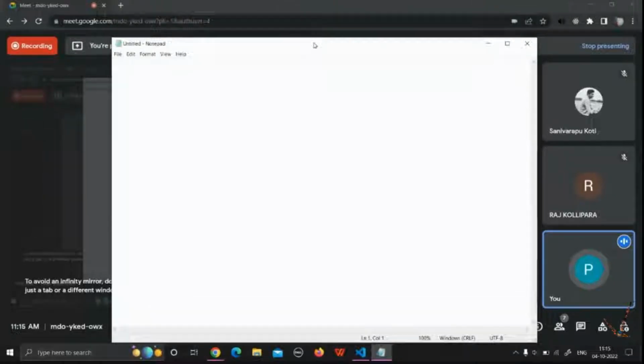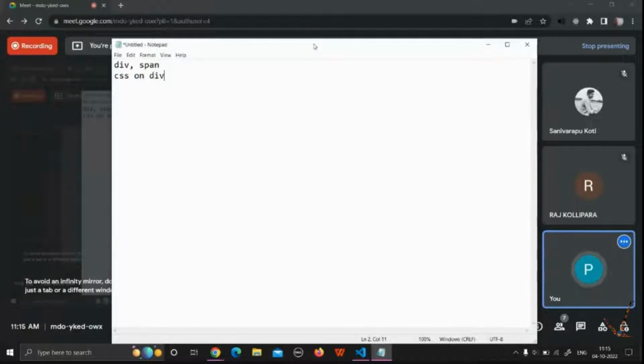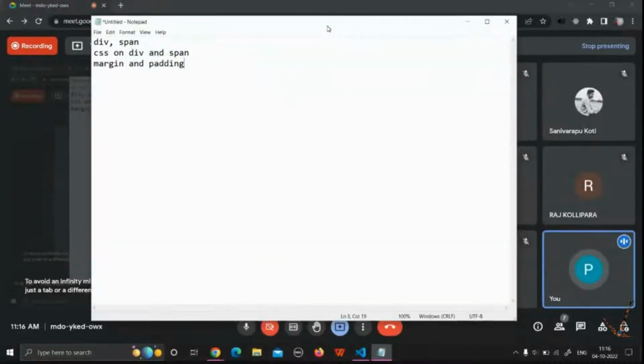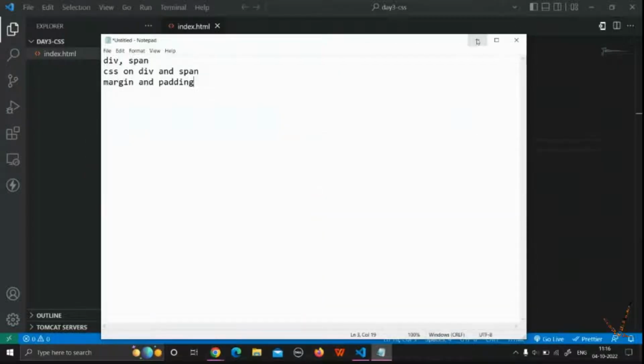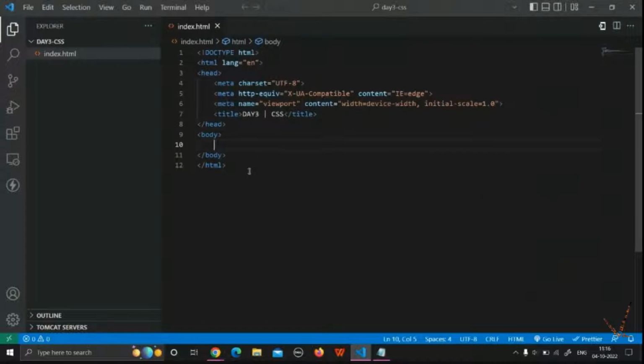Like I told you, I'll discuss div and span and CSS on div and span. After that, what did I say? Yeah, margin and padding. These three topics I'll be discussing today. Getting back into our Visual Studio Code, this is a boilerplate of HTML code, and here first we'll discuss